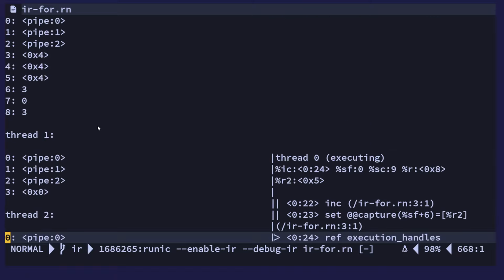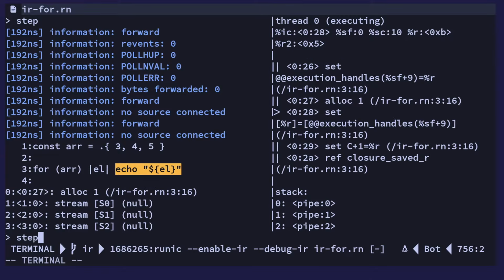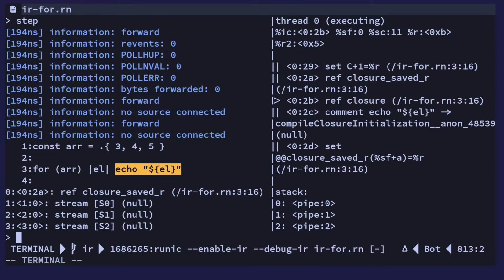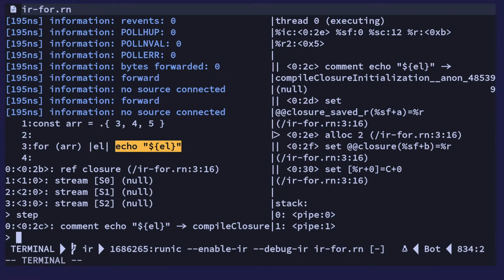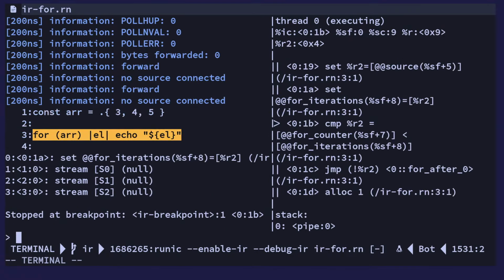SF plus 6 is 3. Oh yeah, that was the first element, so that looks correct, I think. And then you do a bunch of stuff. And okay, so then we should actually get back here,